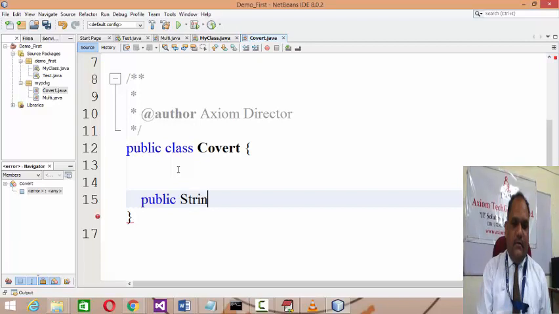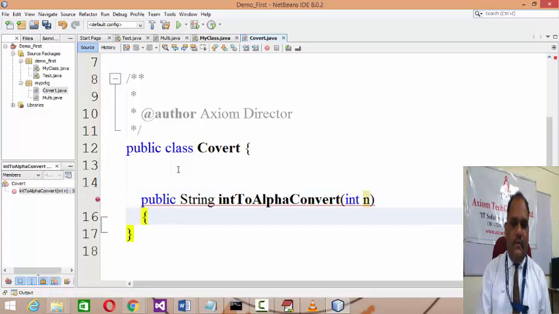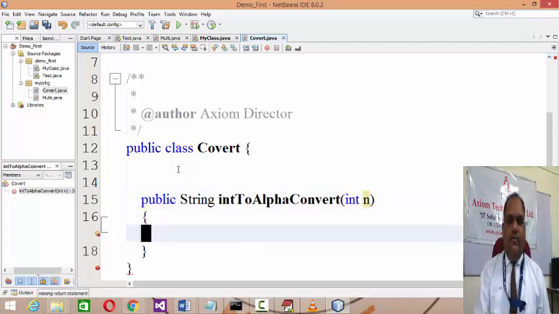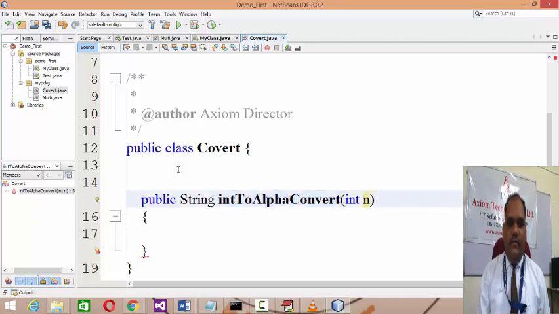So string, int to alpha convert method I am writing, and it will take a 4-digit number as an argument.